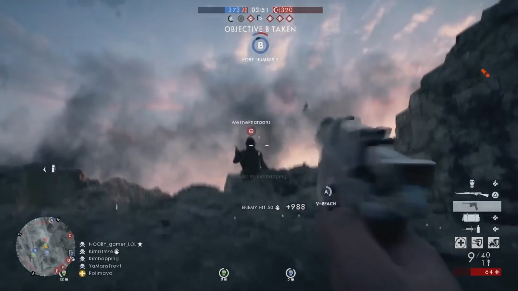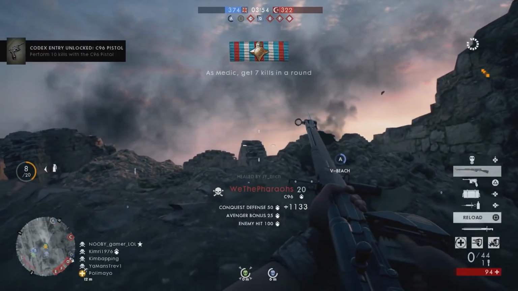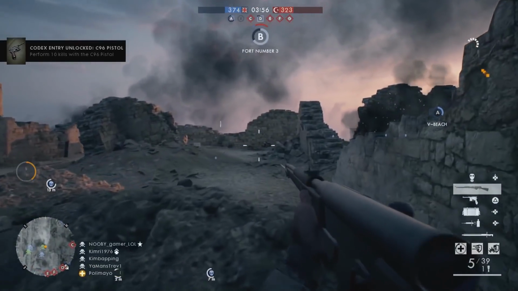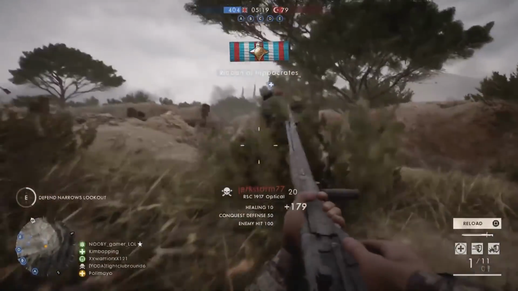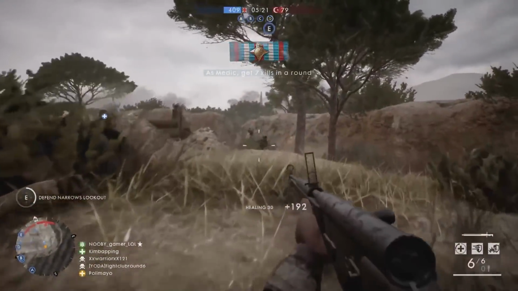This DLC pack is actually being split into 2 parts, with the second half coming out next month. As someone who's gotten back into the game recently, it's nice having more stuff to play. The first half of Turning Tides takes place in the Turkish peninsula of Gallipoli, with 2 brand new maps, Akibaba